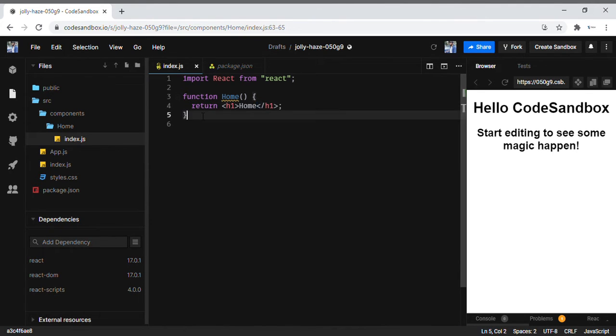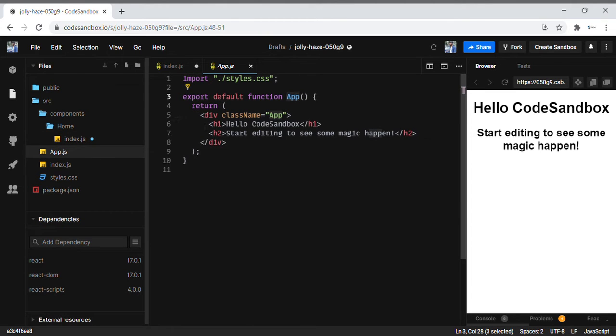Now I am going to export this function, because since this is a reusable component I have created in the components folder, I have to make sure that in app.js I render this Home component. I'm going to use this Home component here so that it will be rendered on our view.